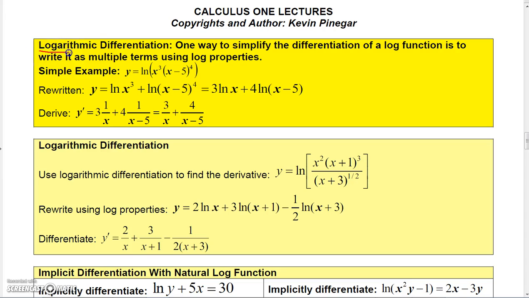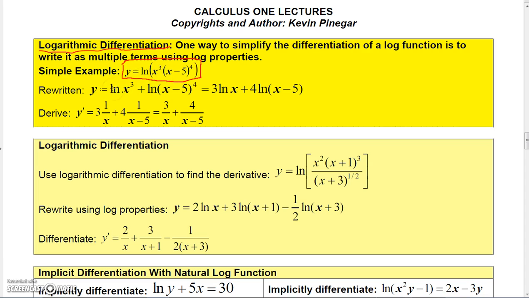Okay, logarithmic differentiation is where we can use log properties to simplify the log function first, and then we can differentiate each of the terms. So let me give you a simple example. If you had y equals the natural log of x cubed times x minus 5 to the fourth power, well,